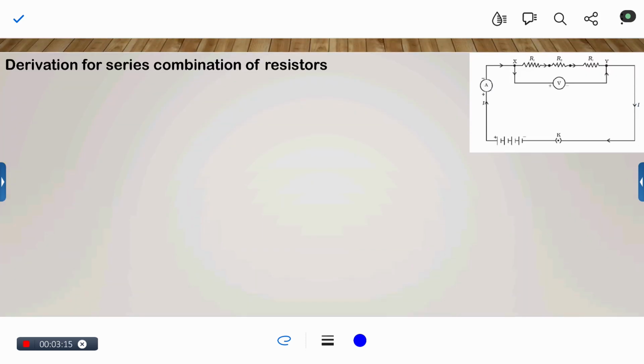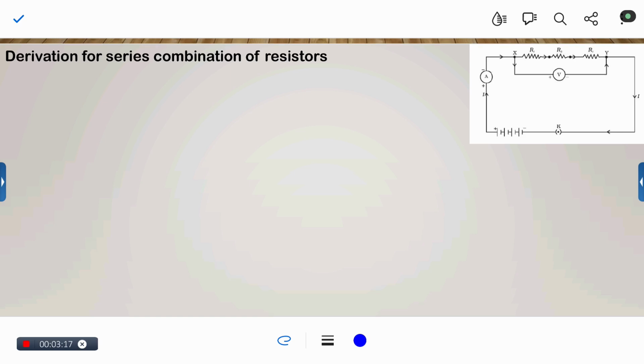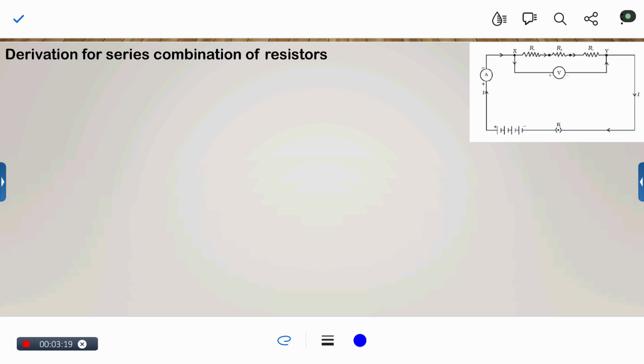Next, we'll derive the expression for combination of resistors in series. So look at the circuit diagram. Whether the given resistors are connected in series or parallel, it's in the form of a series. Why? Because the resistors are connected in the form of end to end. So we can say that the net